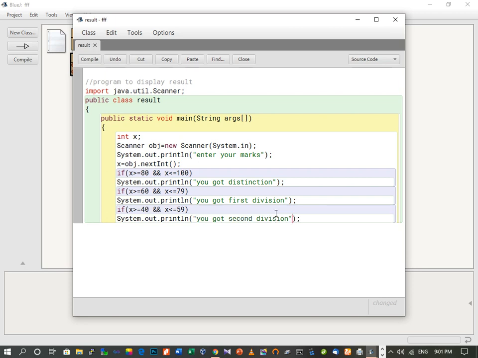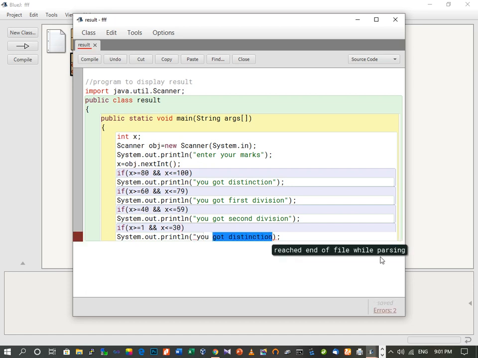And obviously if the student got less than 40, that means that student have failed, so we have to provide that condition also. If the marks is greater than or equal to 1, and if it is less than or equal to 39, then you failed.